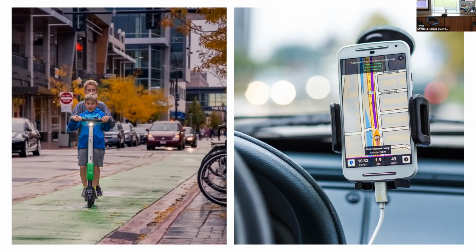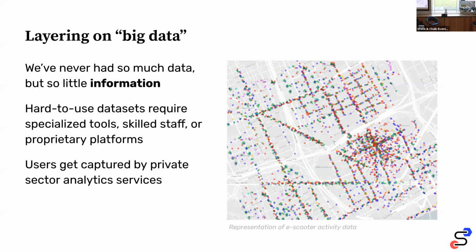But what we found is that they run into a lot of blockers, often around maps. Every city has their own understanding of where their streets are, and every company like Google, Uber, and scooter companies also has their own maps, and it becomes really difficult to share information across them. So what we try to do is build a shared language to make it easier to share information and easier to work with it. We're trying to solve these map problems to start with, and also just helping cities organize the data that they do get.